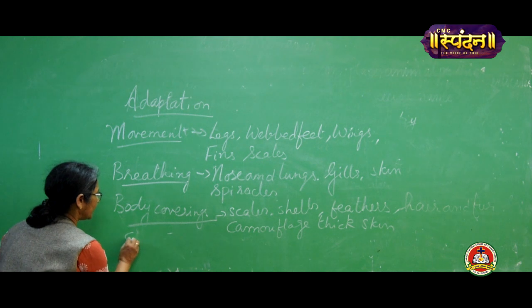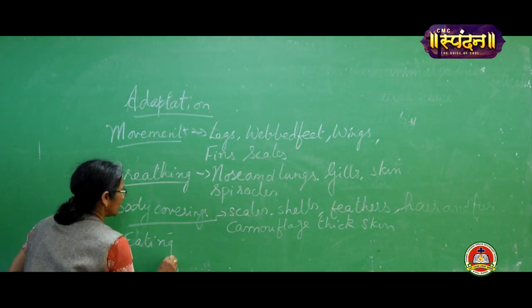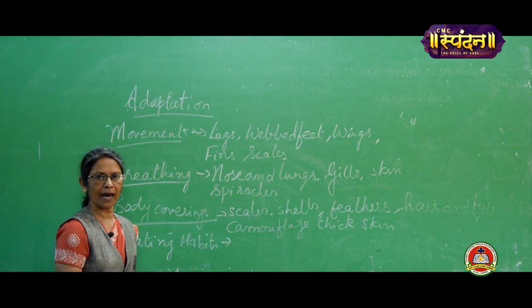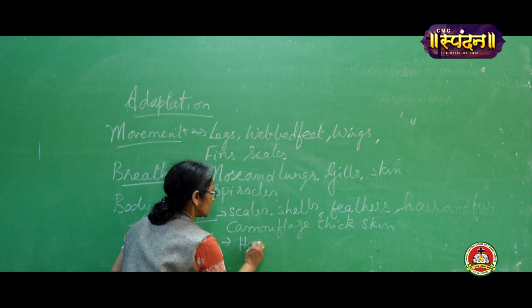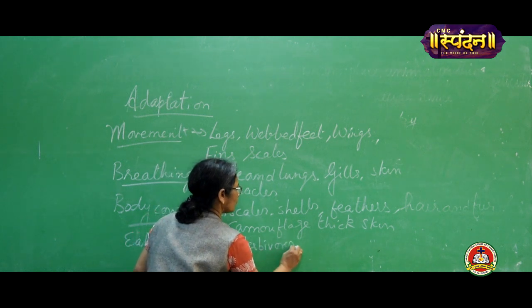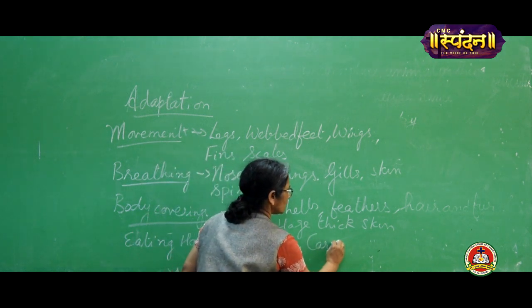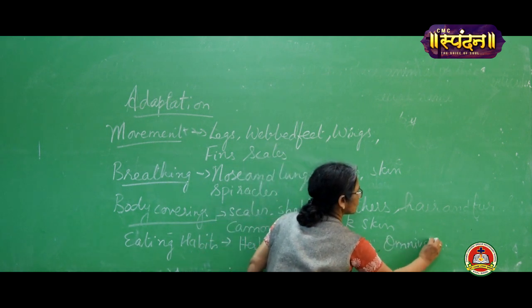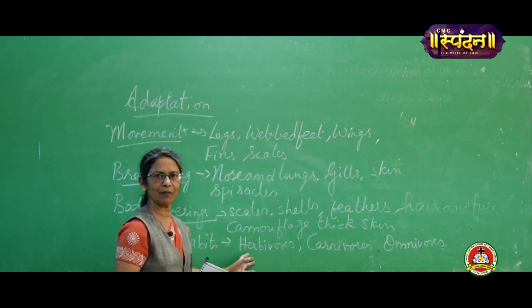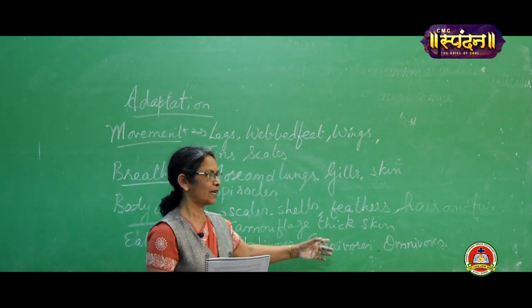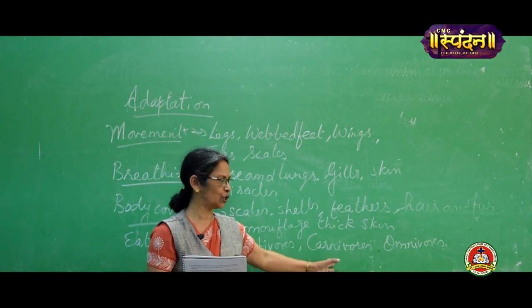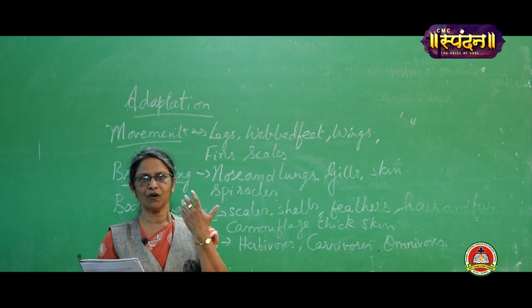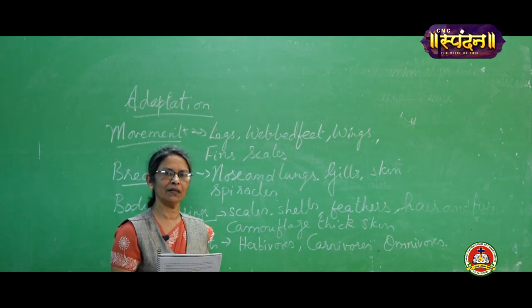Now the last is eating habits. In the eating habits, we saw 3 classes of animals based on their eating habits. That was herbivorous, carnivorous and omnivorous. Okay. Now herbivorous are animals that eat plants, carnivorous are animals that eat flesh, and omnivorous are the animals which eat both, and they have got different types of jaws and teeth